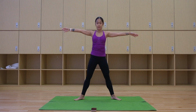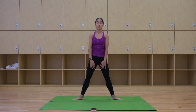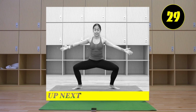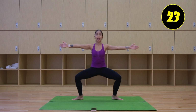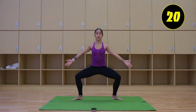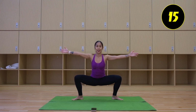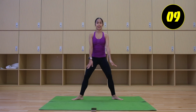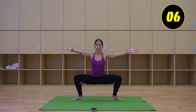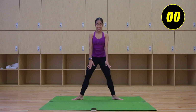Center. Now from here, slightly turn out your legs. We're going to do four deep pliés to warm up your thighs and your legs. So we're going to go deep plié and stretch. And plié as deep as you can, making sure that your back is straight and you're not sticking your butt out. And bend, and a few more times, just to warm up your legs, and stretch, and bend, and stretch,